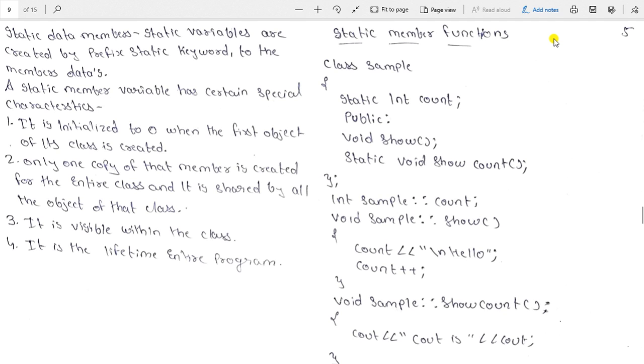Okay. In the previous video, we learned about the static data members. We saw how to declare a static data member and how to define it, along with its definition and characteristics, and we also saw the program's output. In this video we will learn about the static member functions